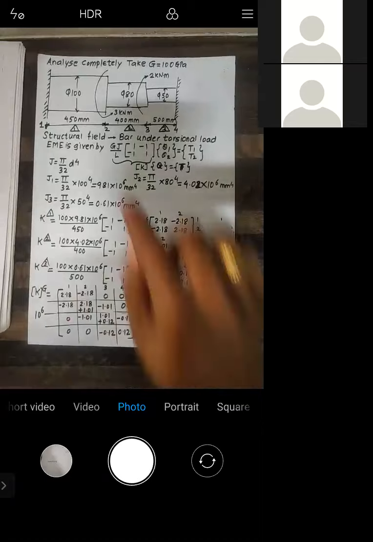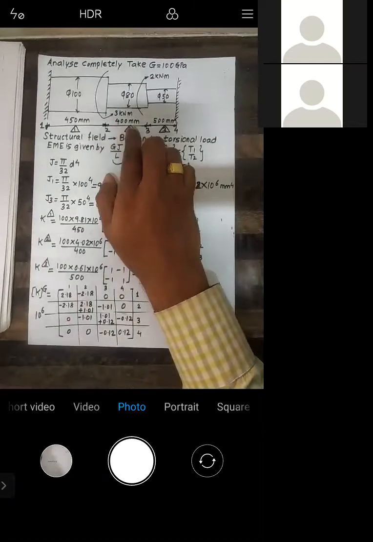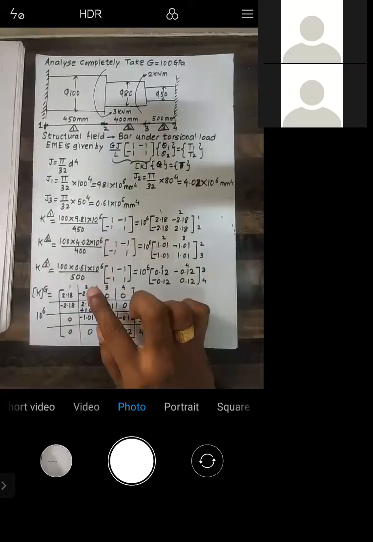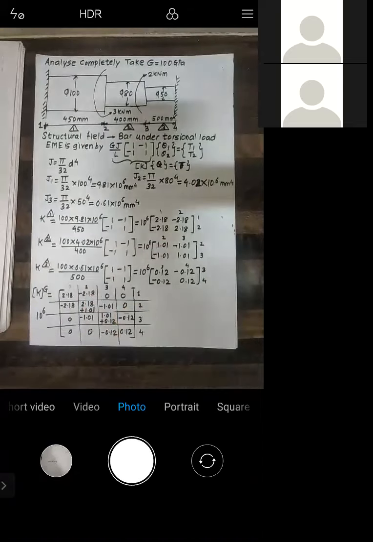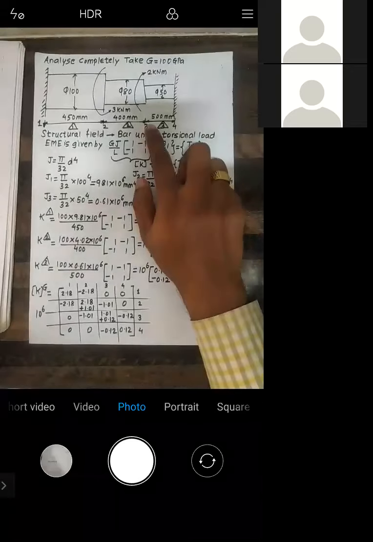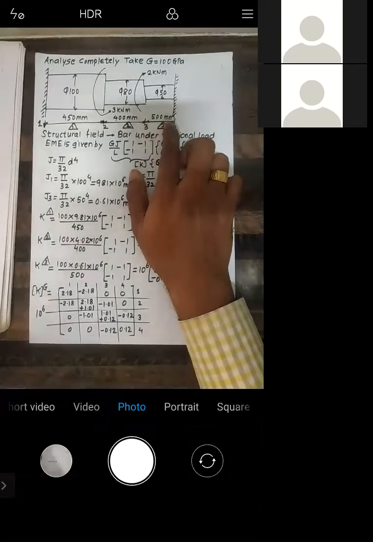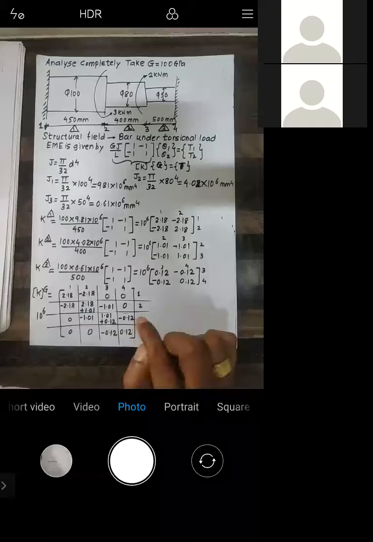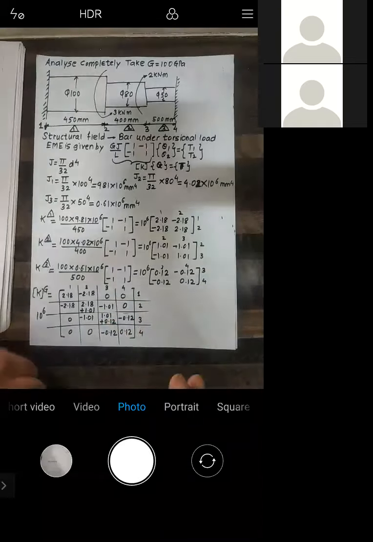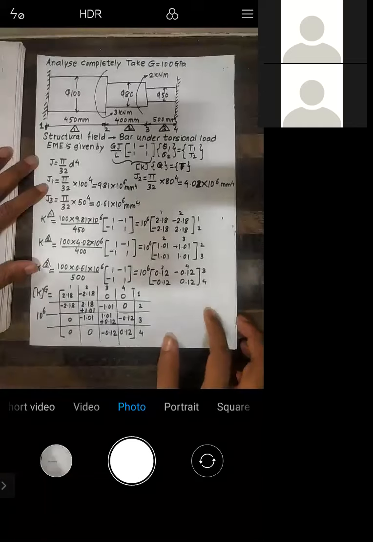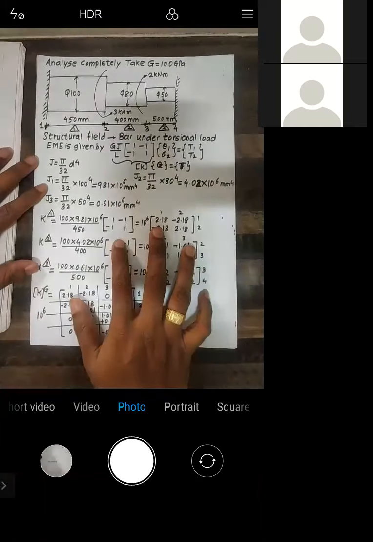Okay. Now see, at node number 2, 2 elements are connected. So if you see at 2, 2, in the global matrices, you are getting 2 terms, right? Similarly, if you go for node number 3, again 2 elements are connected. So if you go to 3, 3 in global stiffness matrices, you will again get 2 terms. Okay. So this is how to understand that the global stiffness matrices that you form is correct. Is it okay till this one? All of you? Yes, sir.